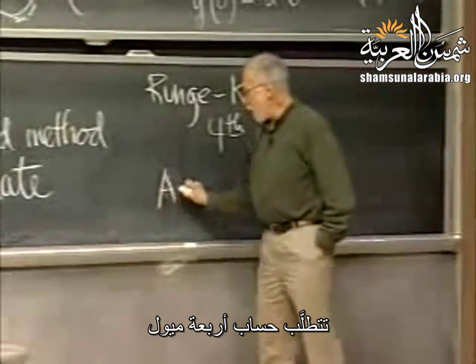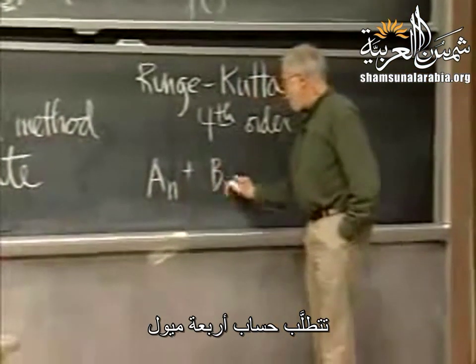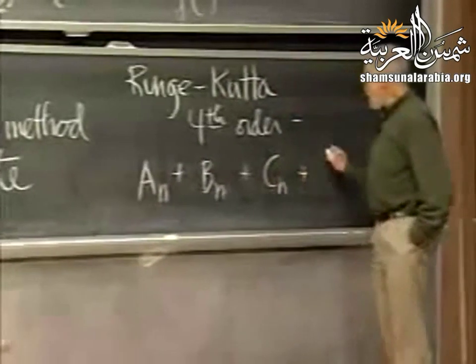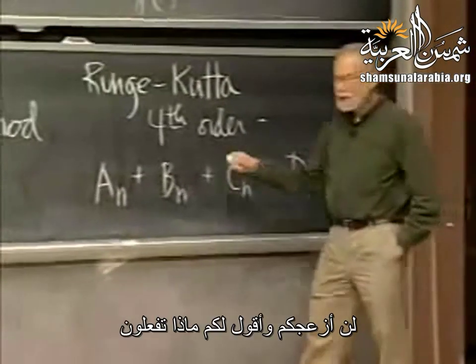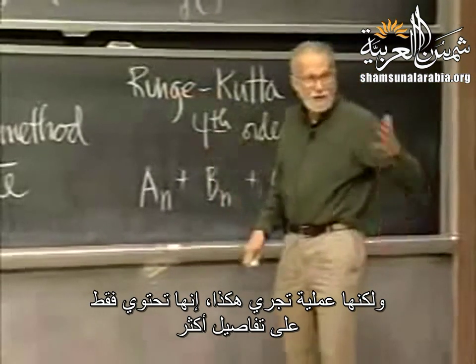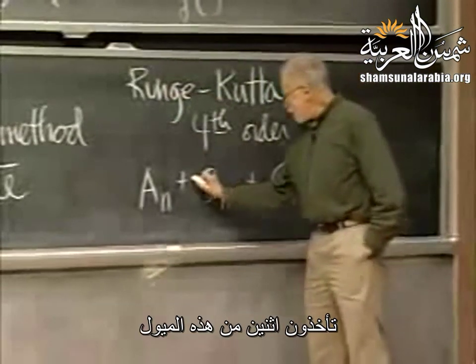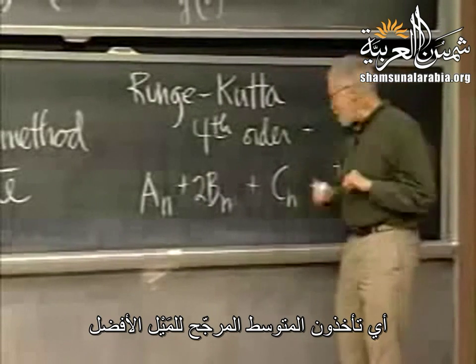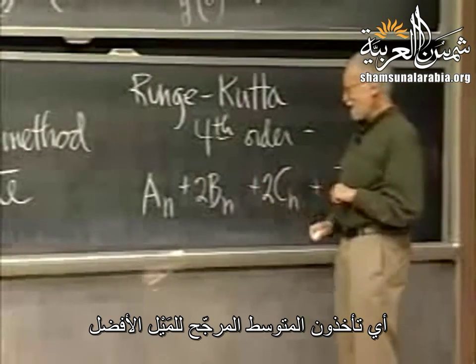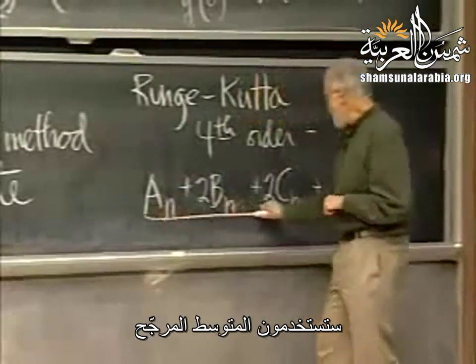The Runge-Kutta fourth order method requires you to calculate 4 slopes. I won't bother telling you what you do, but it's a procedure like that. It's just a little more elaborate. And you take these, you make up a weighted average for the super slope. You use a weighted average. What should I divide that by